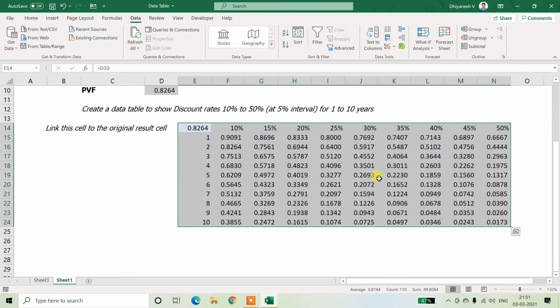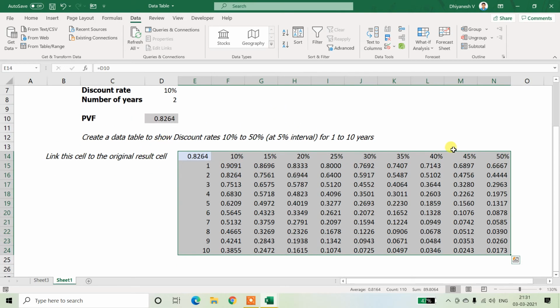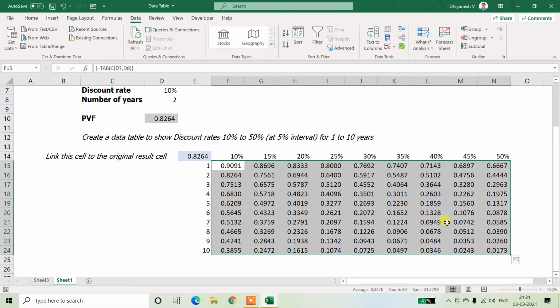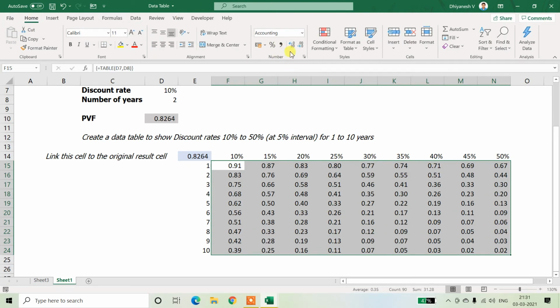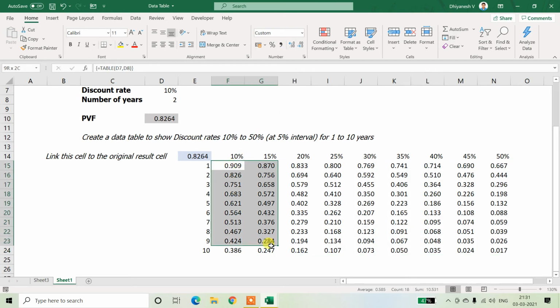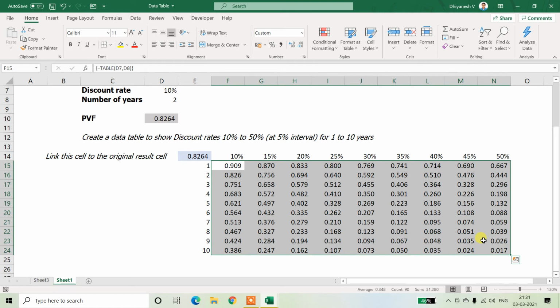Now you will get the complete present value factor table. I have formatted this area to show only 4 decimal points; you can format it to show 2 or 3 decimal points, however you want. This is how you create a data table.